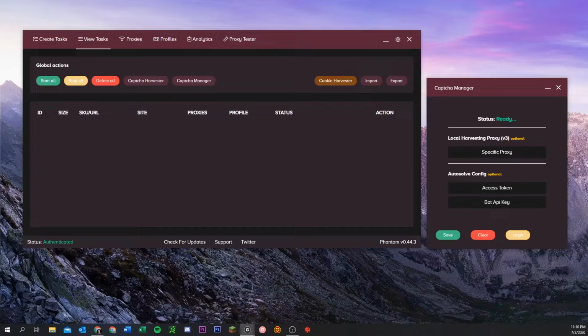Staying on the topic of the captcha manager, you don't necessarily need a proxy in here. This is auto-solve, this is for AYCD. You don't need that either. I've noticed some people seem to have problems with it when using it for V3 or splash page releases. So I don't use auto-solve for that, and I don't put a proxy in here